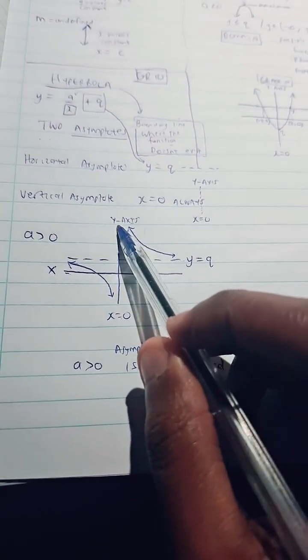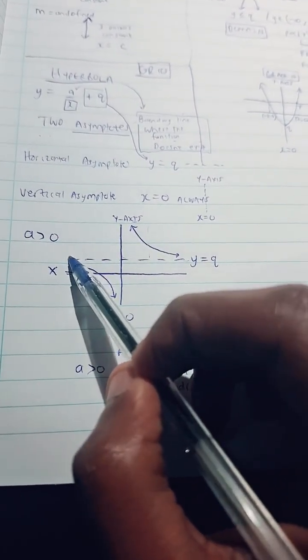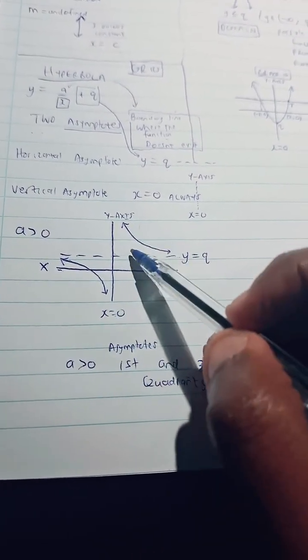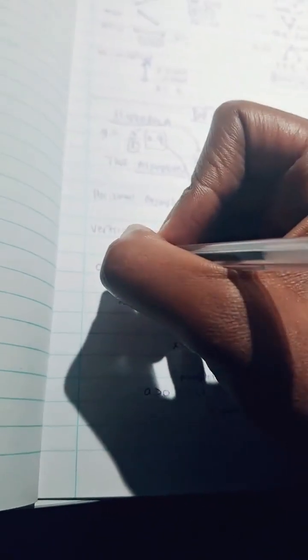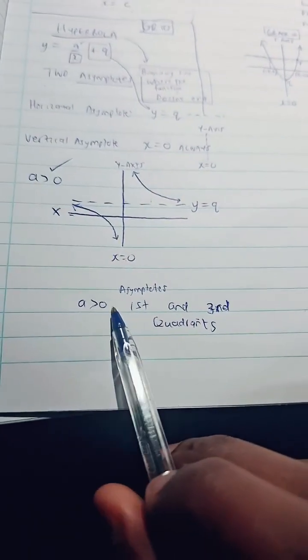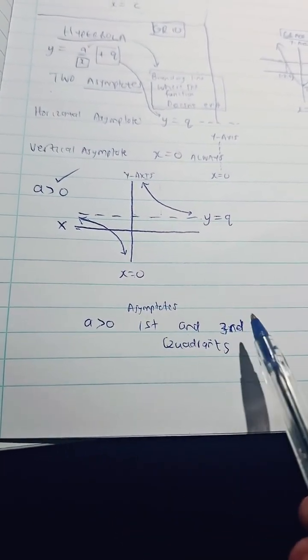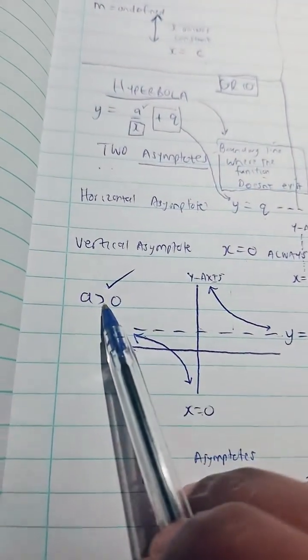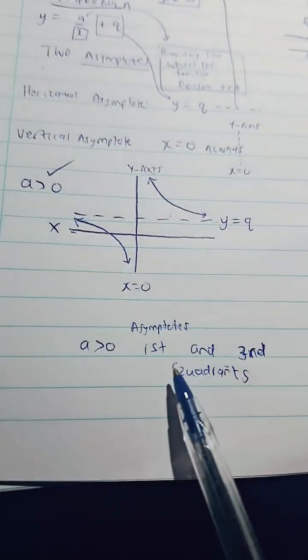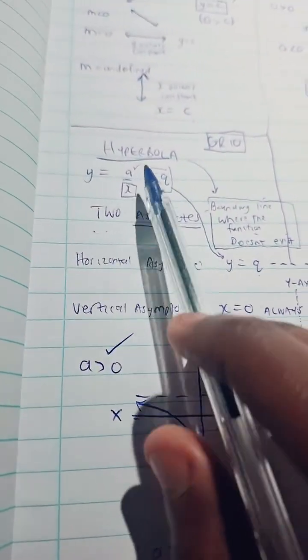So when a is positive, my function is found in the first and third quadrant. So look at this here. This is my first quadrant. This is my second quadrant. This is my third quadrant. This is my fourth quadrant. So when a is positive, you can find your function sketched in the first and the third quadrant. This is very important. When a is greater than 0, your function for the hyperbola,